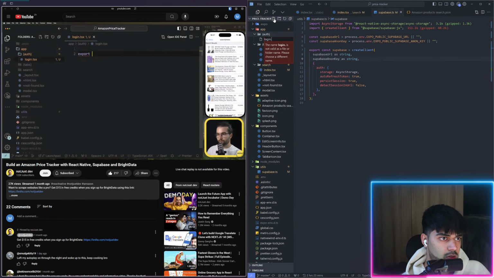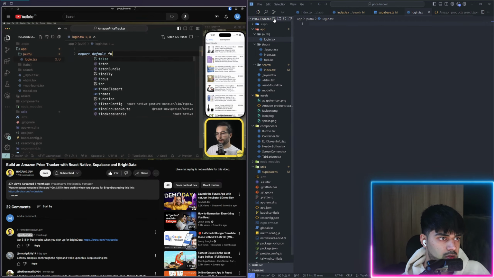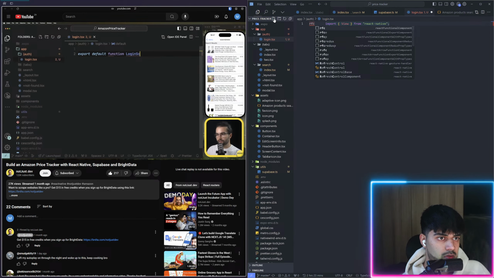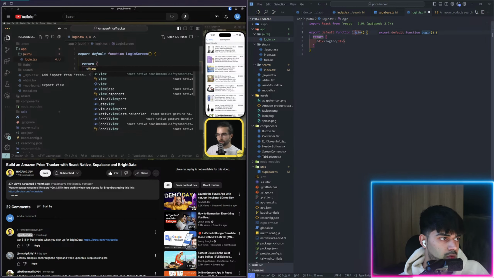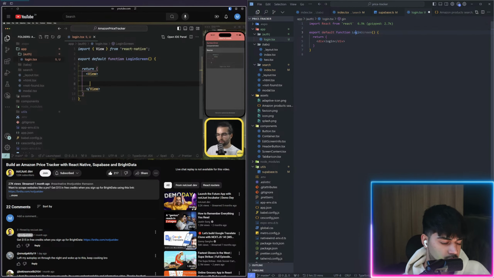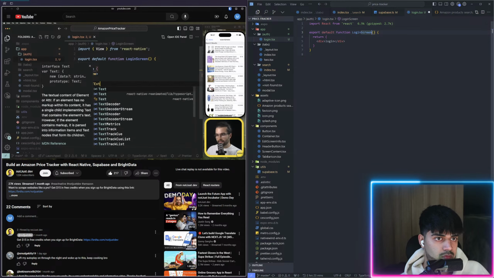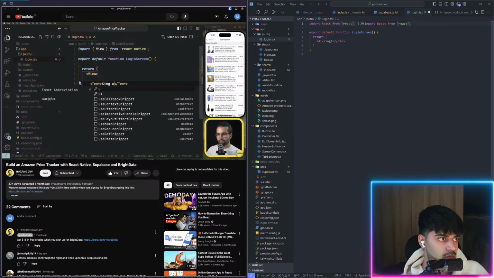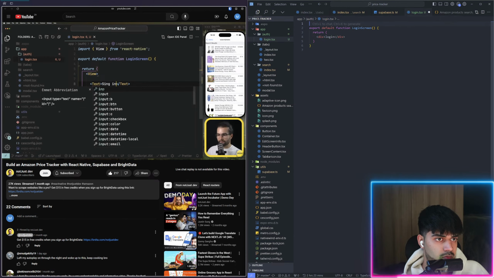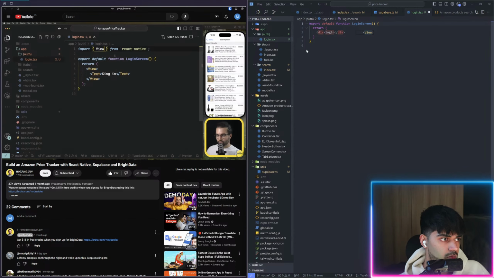And let's do export default function LoginScreen, and let's return a View from React Native with a Text, sign up or sign in, something like that. The Text should also be from